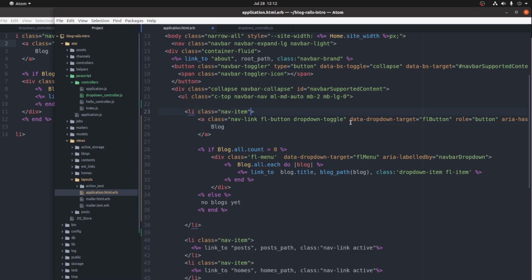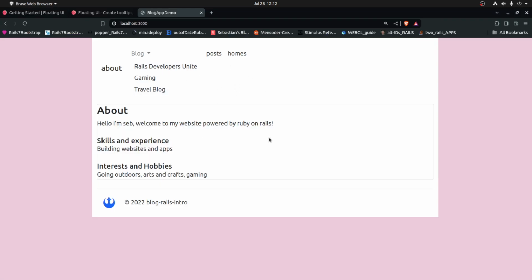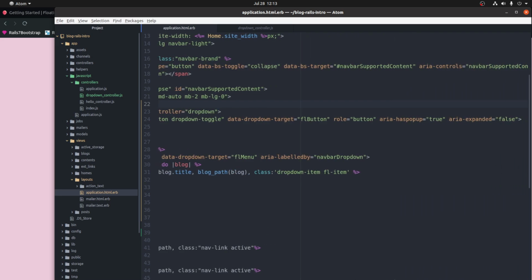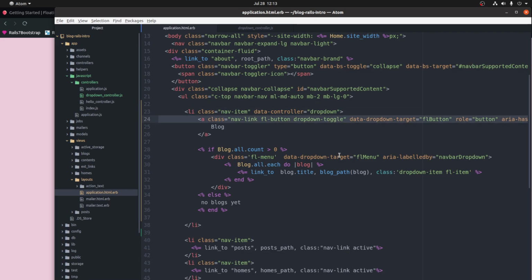And then the LI actually also needs a data-controller dropdown. And then this attribute tells the application that this element is what this controller is for. So if I reload the page, we see nothing happens yet. But if I make sure to give this a tag an action,